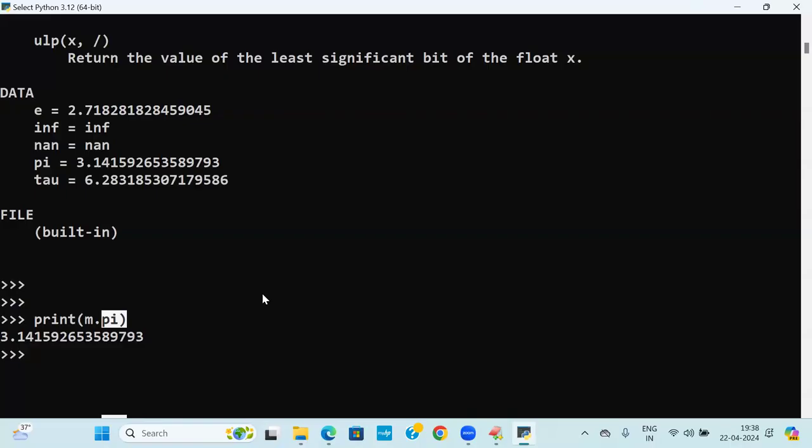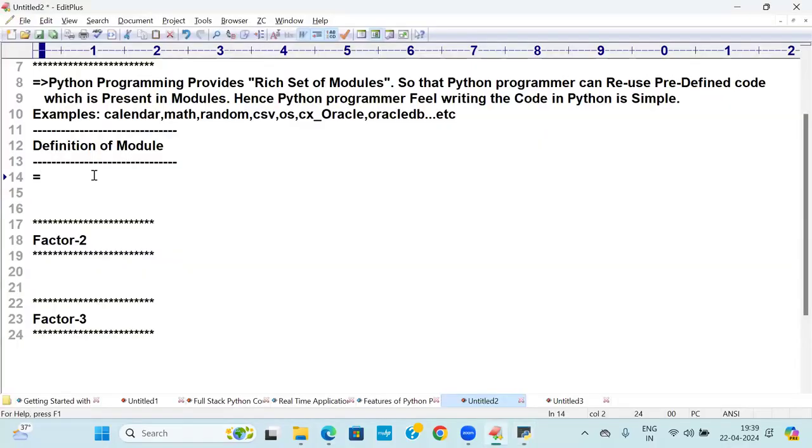Because from an interview point of view, tomorrow the interviewer will ask you how many functions there are in the math module. You will say help of math, and show it immediately. That is called real time. So go to the place, and tell me, what is the definition of a module? Come on. A module is a collection of